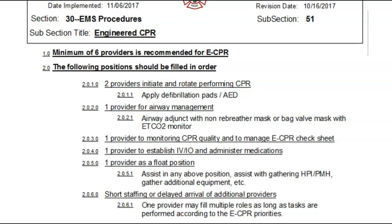So what are those 6 providers doing? As we know, chest compressions is king. So listed there at the very top, we've got 2 providers that are going to rotate providing chest compressions. And along with that, early on, the application of the defibrillator pads, or the AED. So within this, we've been calling it a BLS triangle, 2 on the chest and then 1 provider managing the